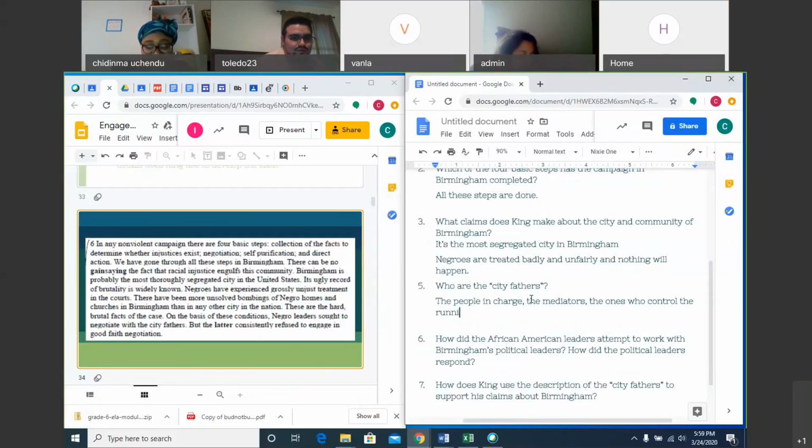Exactly. Good inference. But I'm curious, how did you know that, Delania? How did you know that that is what city fathers meant? It just makes sense. When you're talking about the father, that means somebody in charge, the head. Like you have a house, you have a father, he's the one in charge. So the city fathers are the people in charge of running the city. Actually, the bosses. That's the governor, that's the church, the people in charge of making sure that everybody is treated equally and human rights are preserved for everyone.